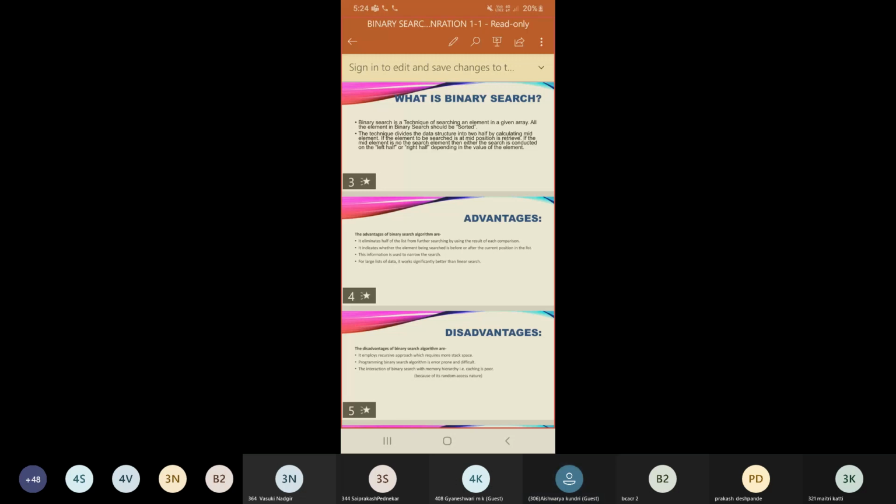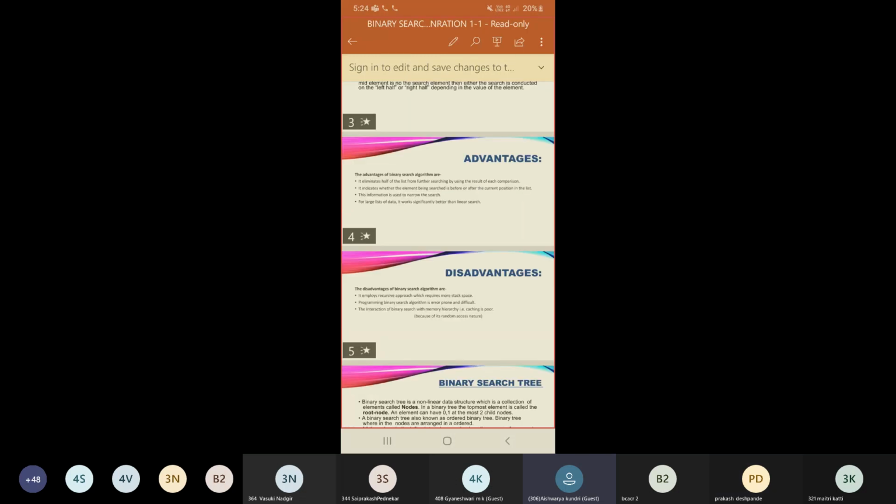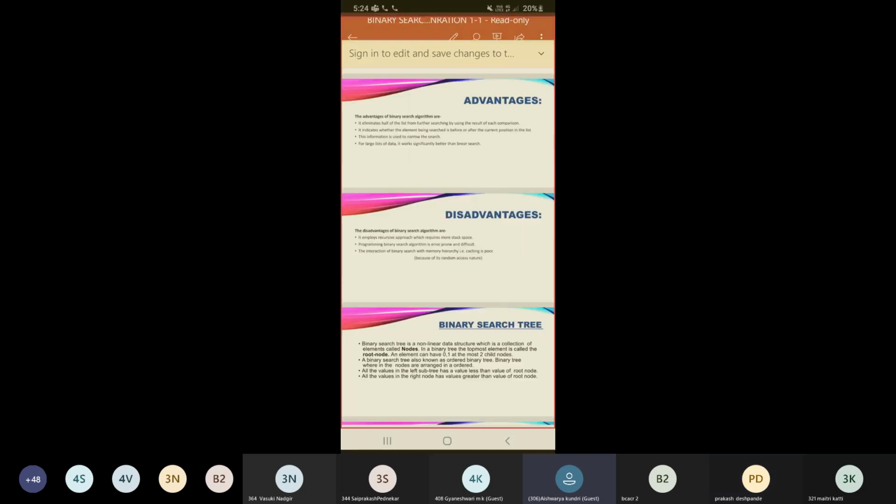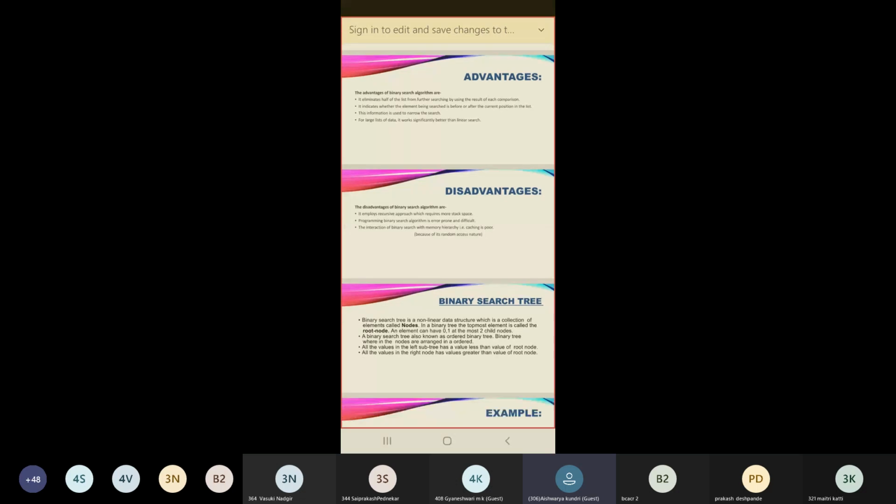Disadvantages: it employs a recursive approach, which requires more stack space. It uses more memory space, so it is a disadvantage. Programming binary search algorithm is error prone and difficult. It causes more number of errors.